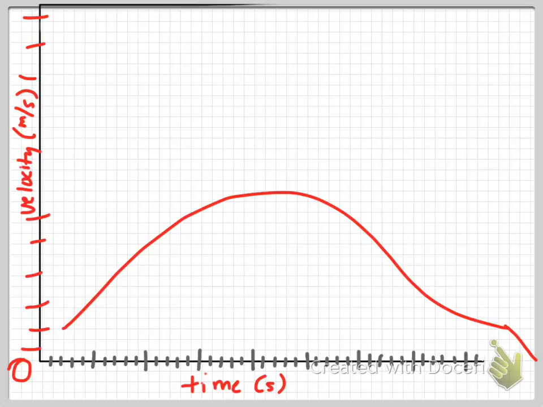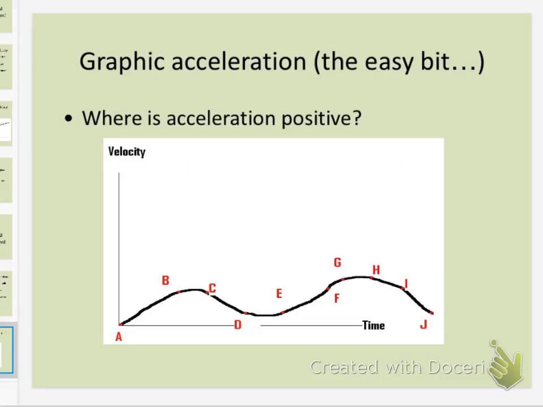Go. What I did here in all of that is this is an object that, and obviously, well, here I can extend this line. Okay, it starts at zero velocity, increases velocity, has some positive acceleration, has a moment of zero acceleration at the top of that curve, and then begins to have negative acceleration until it goes all the way to zero velocity again. Okay, cool, this is easy. But you can do this pretty easily.